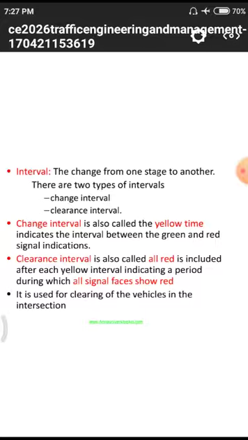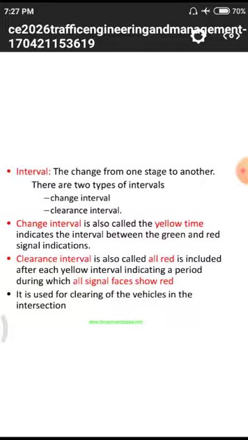Change interval means the vehicles normally stop for a particular span, that means 30 to 40 seconds, and they take those 30 to 40 seconds as interval time. After the interval is over, they simply move to another way. Second, we have a clearance interval. This clearance interval is normally a minimum time, that means 5 to 10 seconds as I previously told. Depending upon the traffic characteristics, they give 5 seconds, or below 5 seconds, as the clearance interval.